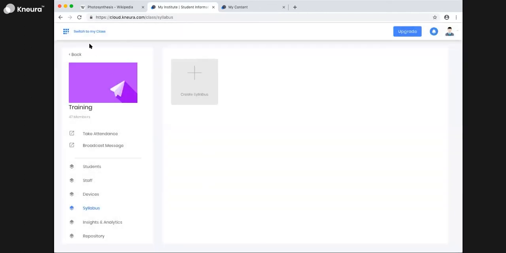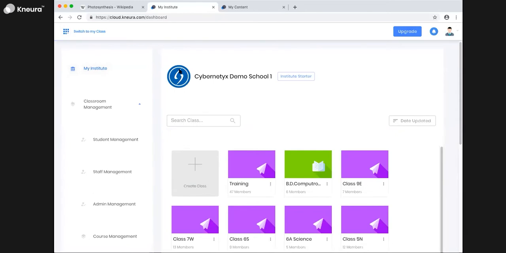Okay. So now let's go back. So what we saw was basically creating a virtual copy of your entire institute. So this is as simple as that. You add teachers, students, create classrooms, bring them into the classes, and your job is done. So this is a one-time job. The admin will be doing it. Once it is done, all the teachers and students who have been added to this platform would have received an email. So they can open up their email, click on the sign up option, then they will enter their username and password, and they'll be onto the system.